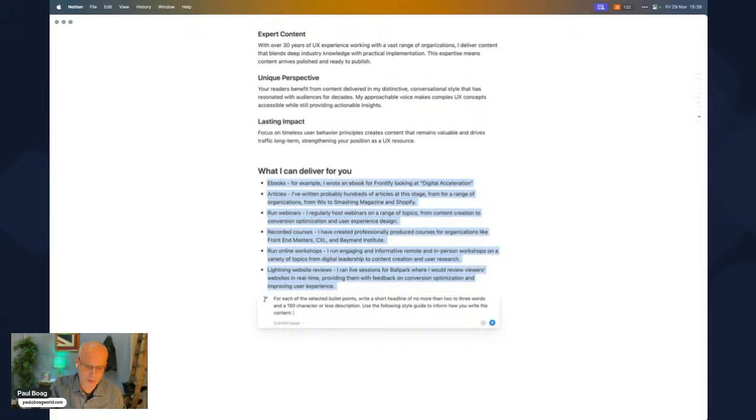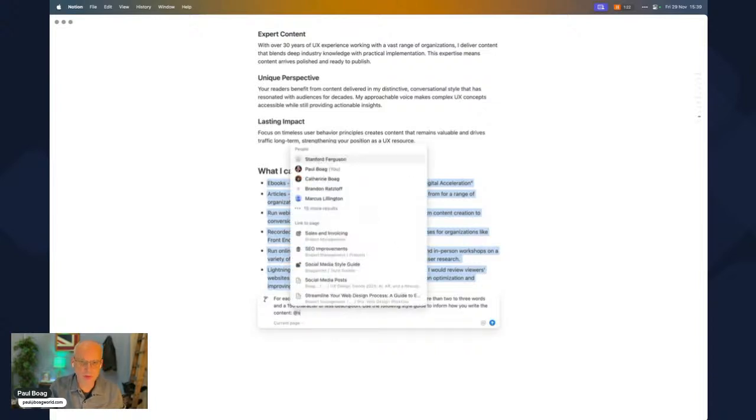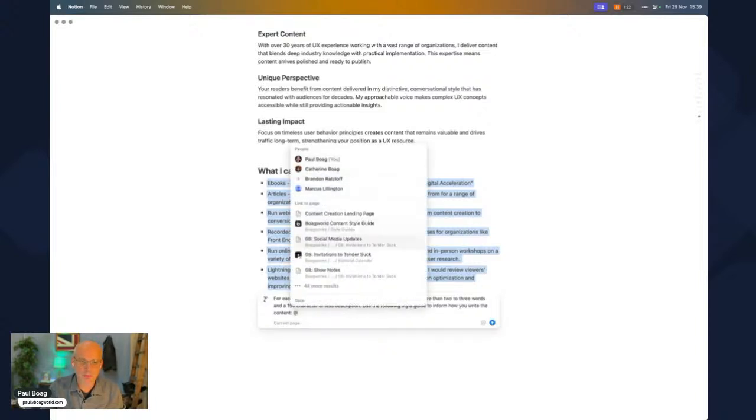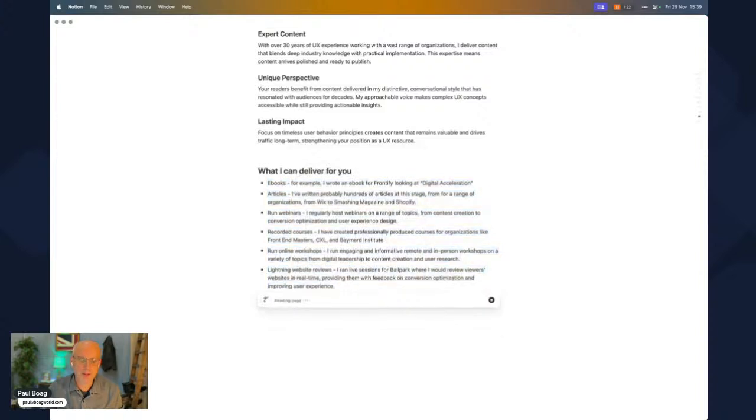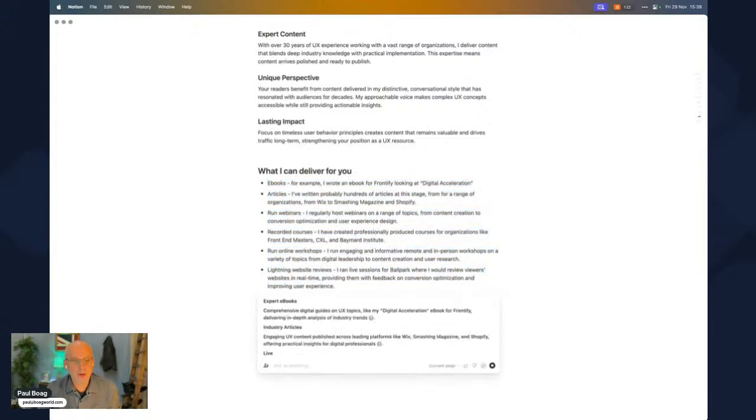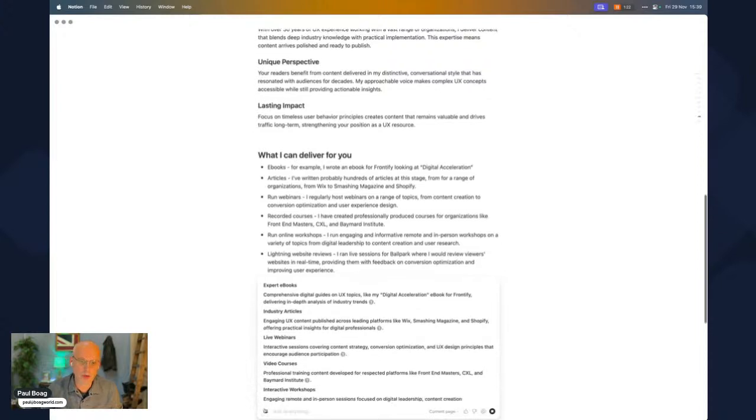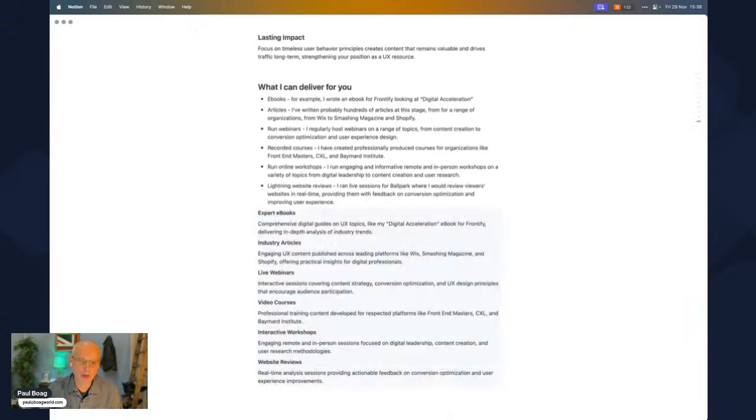And then we want to go. There it is. Why does it put it there? That's really annoying. I wanted it to overwrite. Let's go with it anyway. Okay.